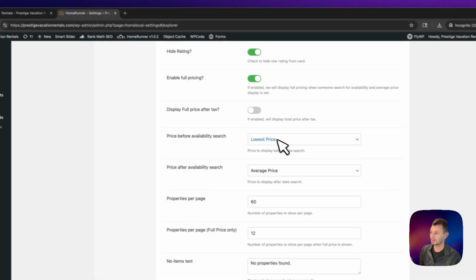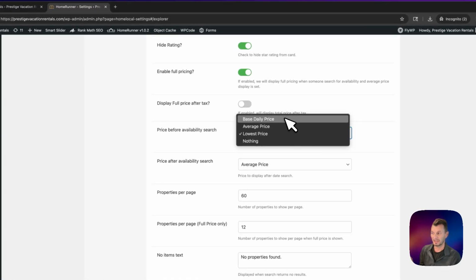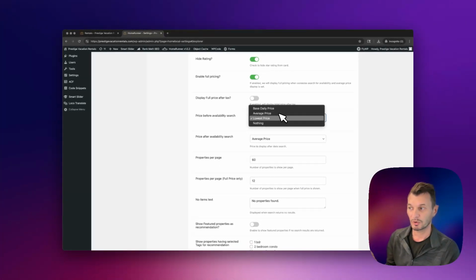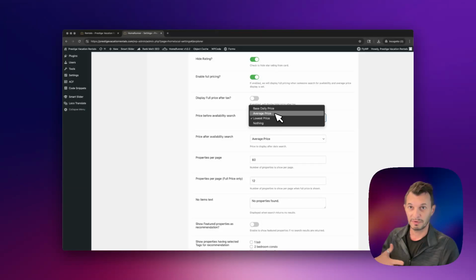in multiple ways. This can be the lowest price, base nightly rate or base daily price, average, or nothing. So we can turn that off completely and not show anything at this point. We can calculate the lowest price based on all of the available pricing data we have. We can show average, again, calculating it, such as adding up all of the prices across the 365 days, dividing that by 365 and getting a mean average. Or the base daily rate, which is typically less desirable because it's not well represented, because it doesn't change quite